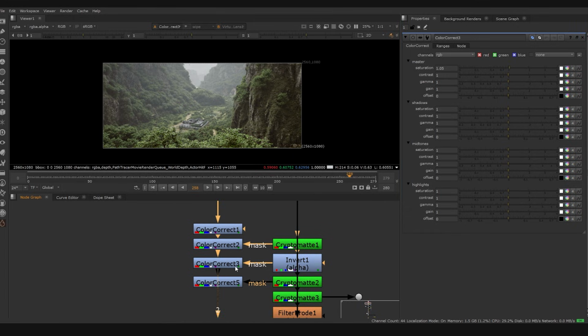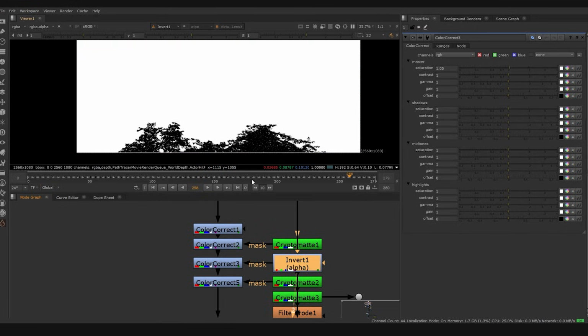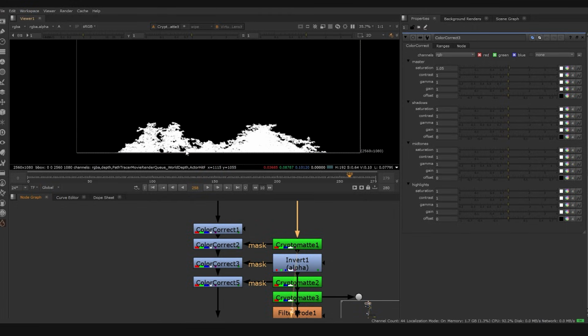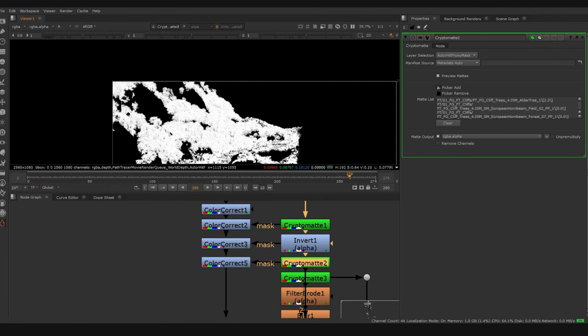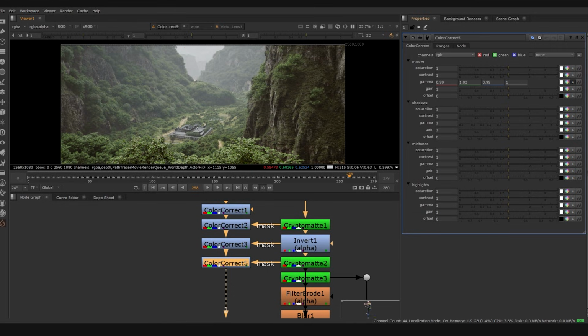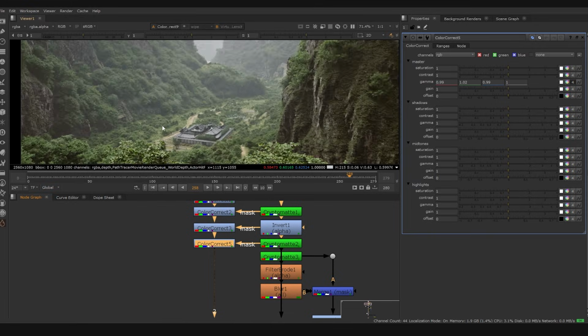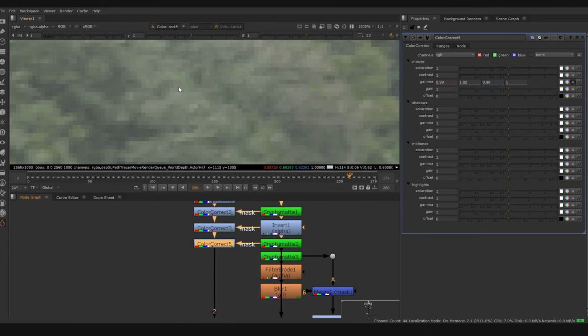And again, the saturation a little bit more for everything. And here I only used those trees for the bigger boost of the saturation. Then I picked all of these and made them more green, all of these trees. I'm not even sure if you're gonna see the difference on YouTube, but if you're working with Nuke,